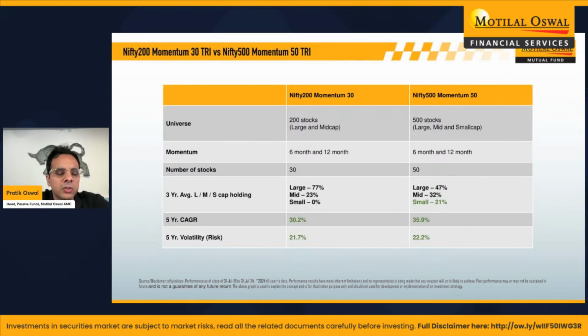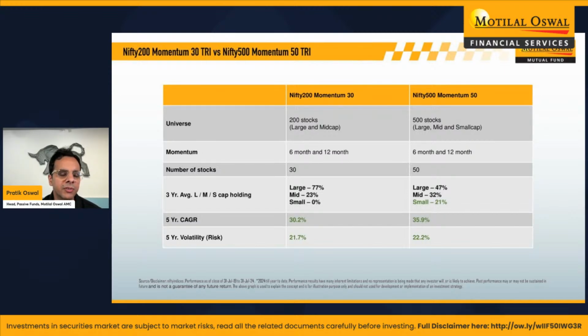At Motilal Oswal, we have another momentum fund that we launched 3 years ago, which is the Nifty 200 Momentum 30. And the most common question we get is, how is this fund different from the Nifty 200? So this is just a primer. That fund is something we launched 3 years back. It's done phenomenally well. I think it's created a lot of wealth. It's outperformed in a very big way.